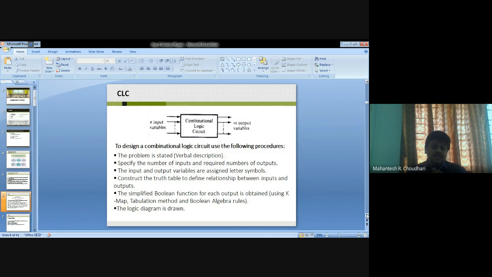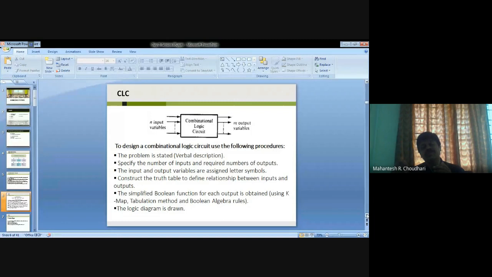Now, a combination circuit consists of input variables, logic gates and output variables. For n input variables, if you consider two inputs A and B, how many possible combinations of binary inputs will there be? 2 to the power n.